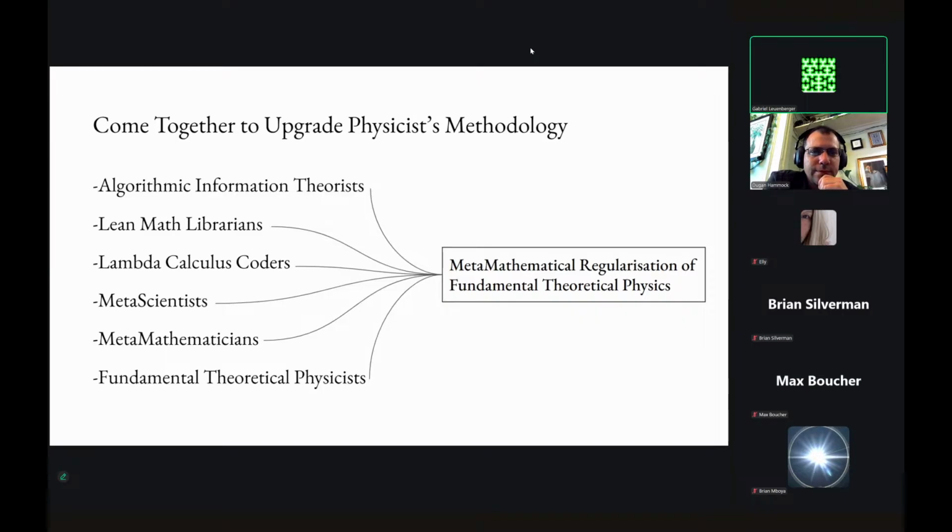My background is AI, but I didn't really want to talk about all of this AI stuff. What this talk was about is taking a bunch of insights that we have in machine learning, or even theoretical computer science and theoretical machine learning, all that stuff, and enhancing the methodology of physicists in a significant way. Yeah, that's what the talk is about.